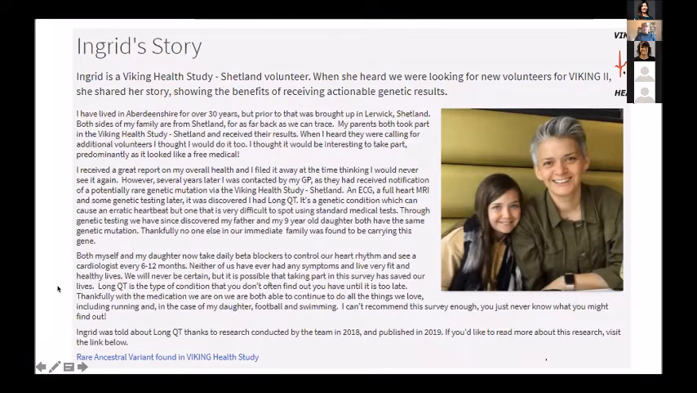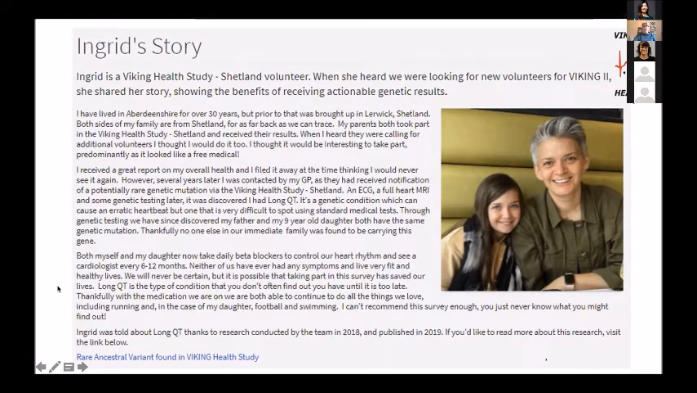The NHS did its bit, extra tests, and she's now taking beta blockers. And she's also passed this variant on to her daughter, who was nothing to do with our study. So that was very gratifying and encouraging for the strategy of return of results. Although, of course, one participant, one family